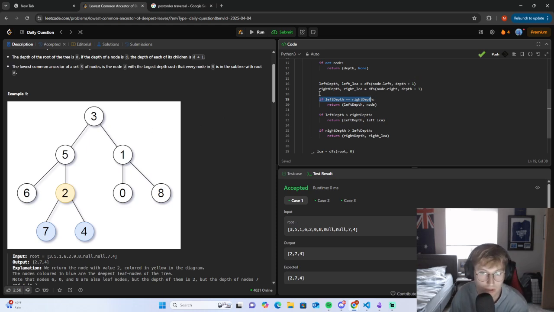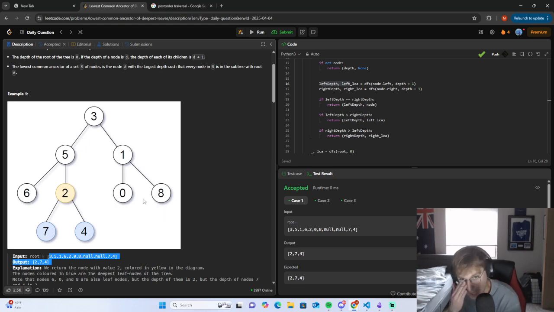So finishing this code, we do left depth here. We go all the way, right? Okay, get here. Return something here. Call right. Return something here, right? Go back. Go right. Here, here, here. Back, back, back to the right side then, right? And then I'm just gonna compare eventually. Well, if left depth is equal to right depth